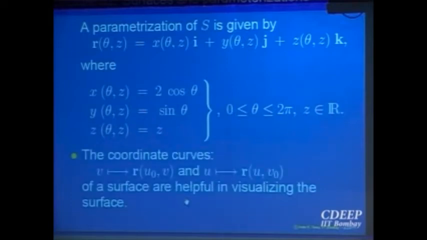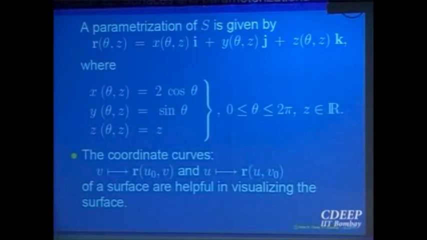Okay. Now this is a surface, a parameterization is a function of two variables taking values in R3, right? So you can fix one coordinate at a time for this function r(u,v). You can fix u, then it becomes a function of the other variable v. If you fix v, it becomes a function of the variable u. What kind of objects you will get? As functions of one variable, there will be curves on that surface, right? Function of one variable taking values in R3. So there will be curves. So these are called coordinate curves for the surface.